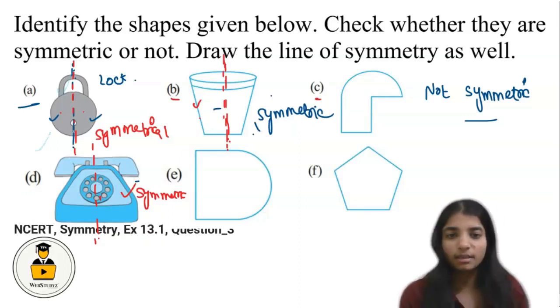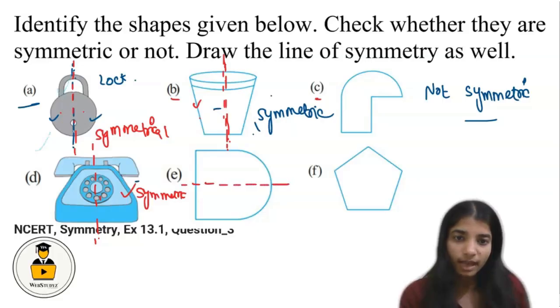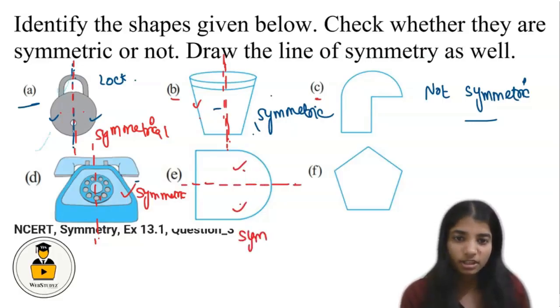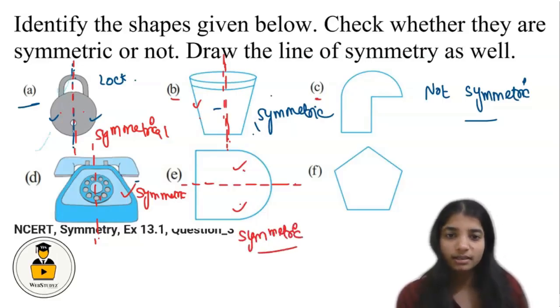Now let's discuss part E. We have to check whether this is symmetric or not. So if we draw a line of symmetry passing through its middle, like this, we get both identical shapes. The upper shape is equal to the lower shape. So we can say that this is symmetric. This figure is symmetric from here,